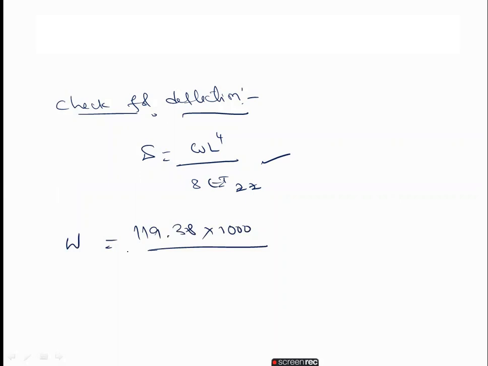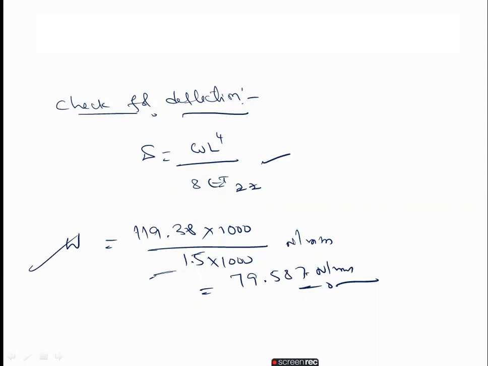That is the working load. Whatever load W we got, the factored UDL, we convert by dividing with the partial safety factor, and converting kilonewton per meter to Newton per mm. So you will get the answer 79.587 Newton per mm. I converted kilonewtons to newtons and meters to mm. This is a working load. The factored load means I am deducting the factor of safety 1.5, that's why I am dividing by 1.5. So now we got the answer.